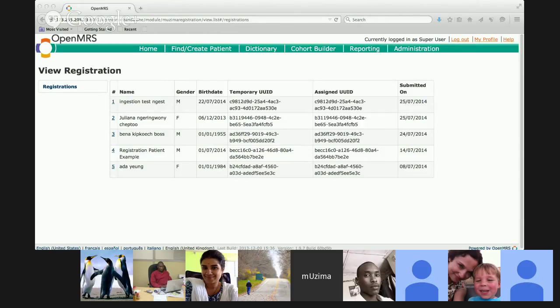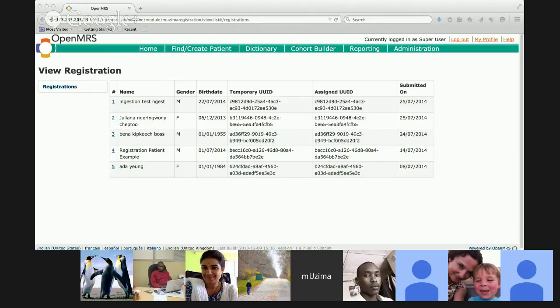So most of the time the temporary UUID and the assigned UUID are going to be different. But the assigned UUID will have duplicates between rows because a few temporary patients could be mapped to a single patient. Yeah, and I agree with that.